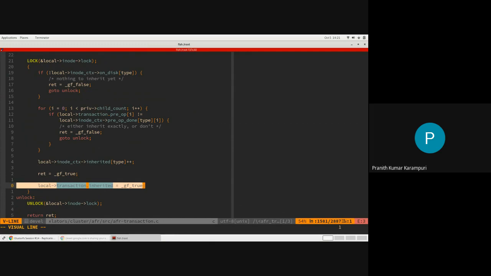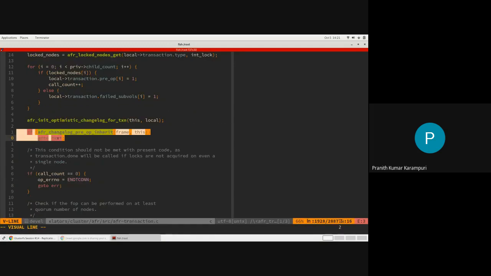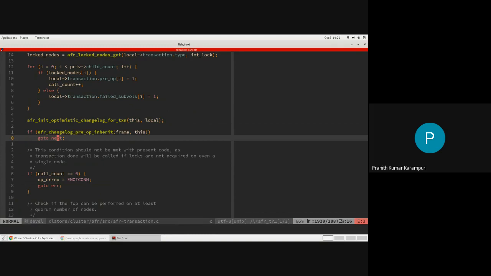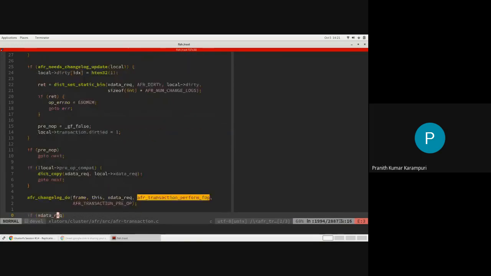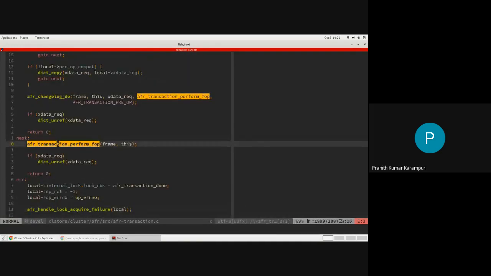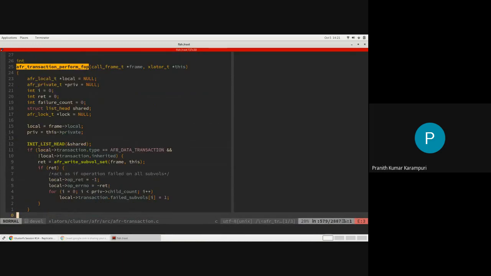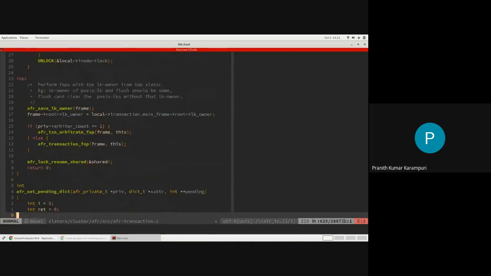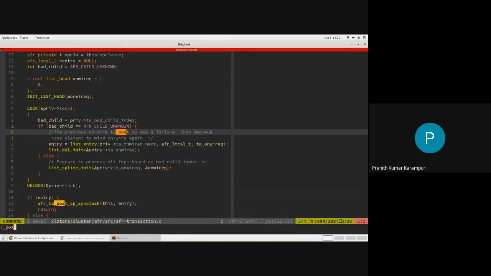That is, you have already done the network operation, and you are piggybacking on the pre-op done by some other transaction. So this will also prevent one more network transaction, because we are going in the optimized way. So it will just say that, okay, I'm done with the pre-op operation, and I'll go to the next, which is the actual FOP. Now, at some point, you will complete this operation also, in which case it will do the post-op.